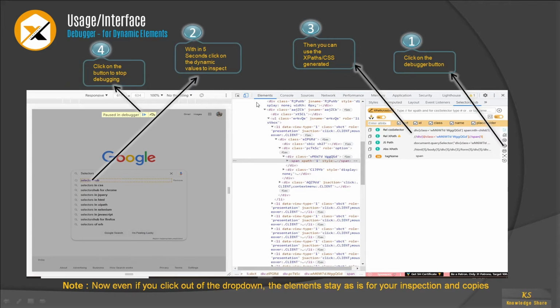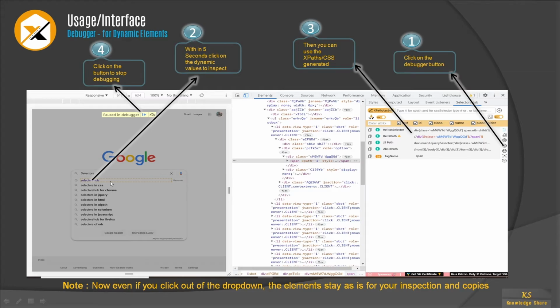Okay, and the next thing is debugger for dynamic elements. If you observe any tool like some flight booking tools or hotel booking tools, or GoBibo or something, whenever you type something on a search box, it will appear at the first point, and when you click your mouse on the other space of the web page, then this will disappear.